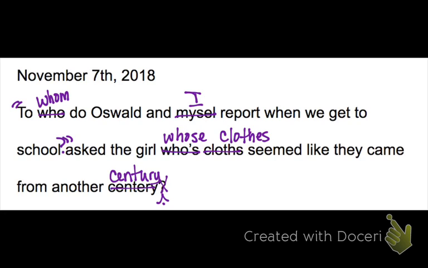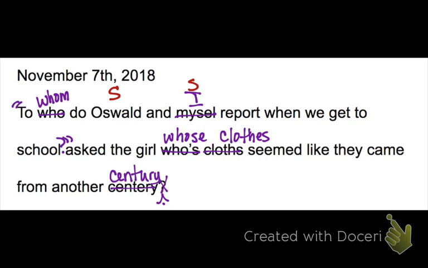Would you take out to whom do and just put Oswald and I and put will report? You can take and move do at the end of I, can you not? Oswald and I do report. Yes. Report what? To school. To school when we get to school, right? Yeah. But that to whom we don't necessarily need when we make a statement, right? Okay, so that to whom is not a vital part of the statement, but it is vital for the question, correct? Okay. Who or what am I talking about then? Oswald and I. Very good.